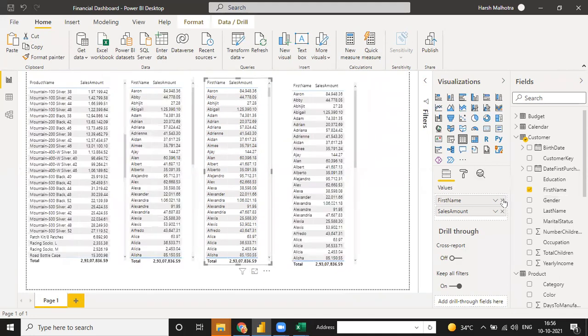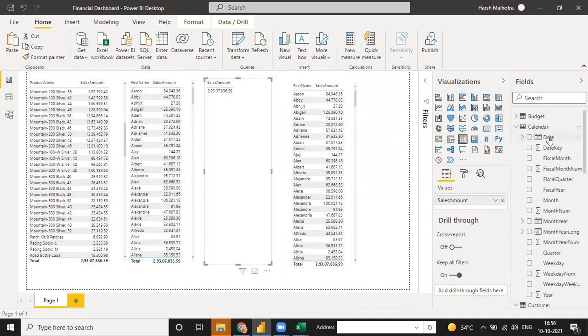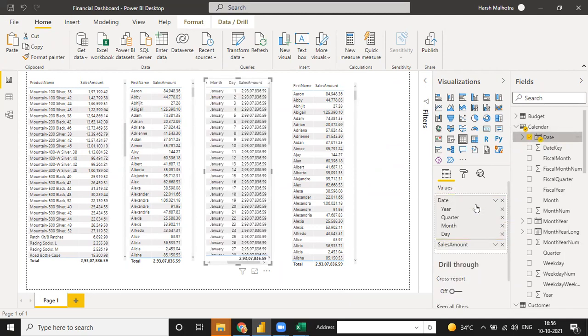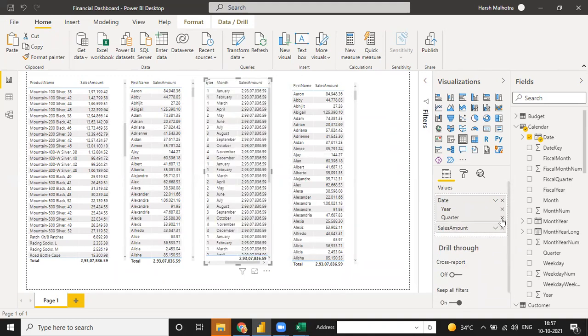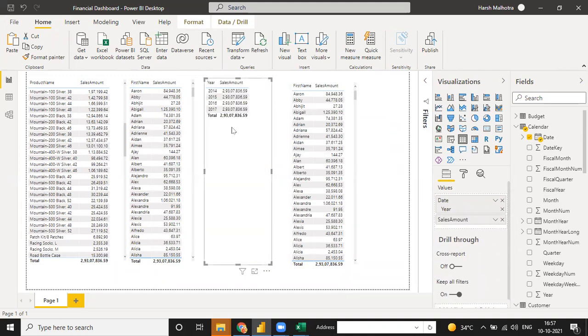So instead of first name, I move to calendar and select the date. I don't need date, day, month, quarter. I need year wise sales, and see, the years are 14, 15, 16, 17, and all the sales will be the same.